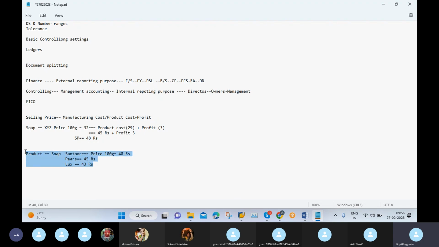So it comes down to our competition price. If you want to come to market, at least we can maintain our competitor price, or less than our competitor price, and we can catch the market very easily. So instead of 48 rupees, my soap cost will be 39. Then there is a chance to capture the market, because my competitor prices will be 40, 45, 43. Initially, I will go with 32. Once I get some goodwill and good customers, then slowly I can increase my price: 32, 34, and 36 like that.